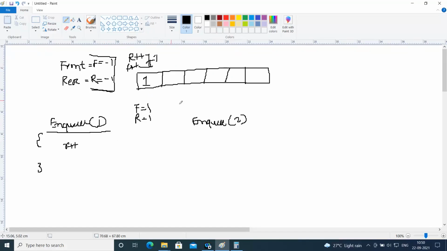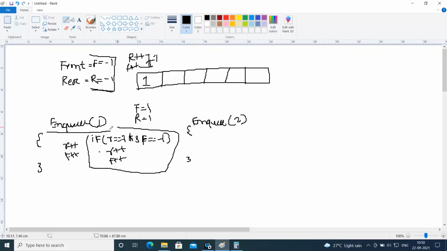So while inserting the second number, the programmer's logic should take care of the incrementing. If R is pointing to -1 and F is also pointing to -1, then R plus plus, F plus plus. Maybe this kind of pseudo code is more than enough to inform you.